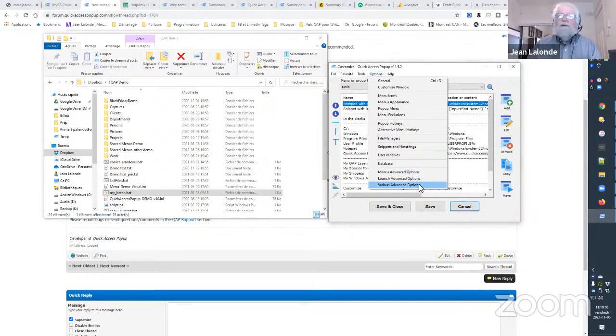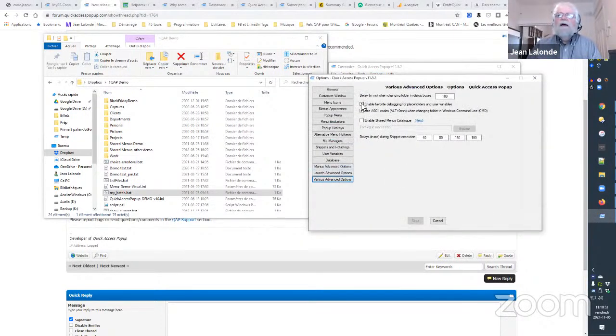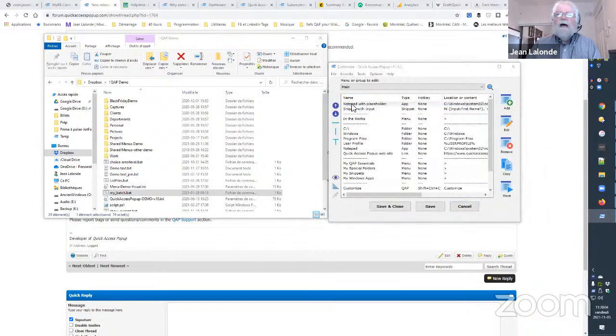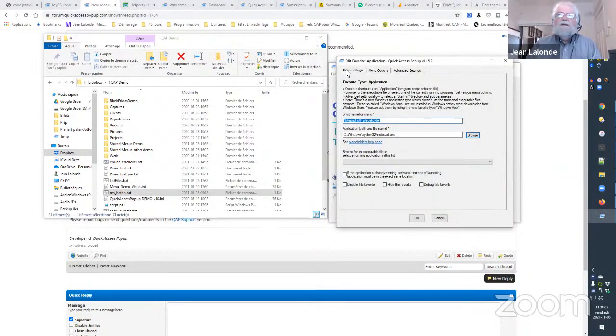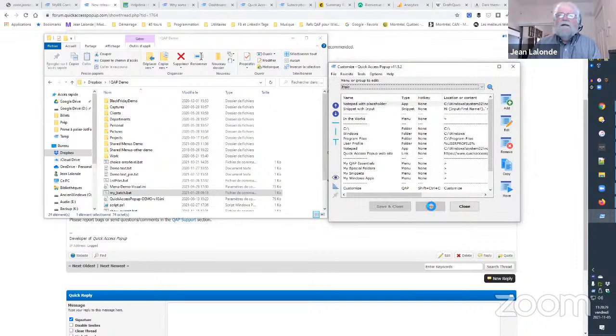So what you have to do is go to the options here and enable favorite debugging for placeholders and user variables. When you enable that globally, it will do nothing by itself, but it will add a checkbox here in the basic settings of most of your favorites. So it does not apply to special folders like My Computer, because there's no place to use the placeholders there. But for application, documents, folders, snippets, sure, you can now enable the debugging. And when you do it and save it,